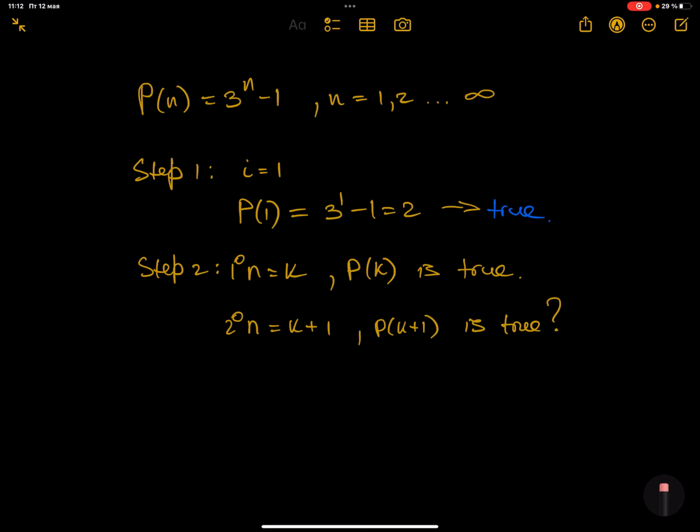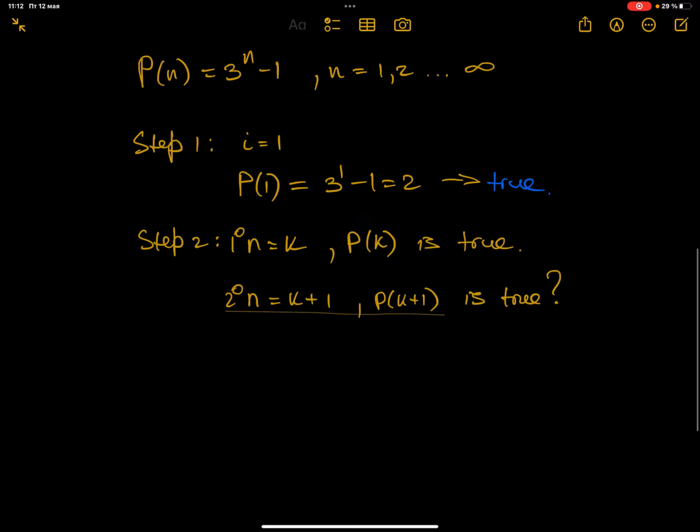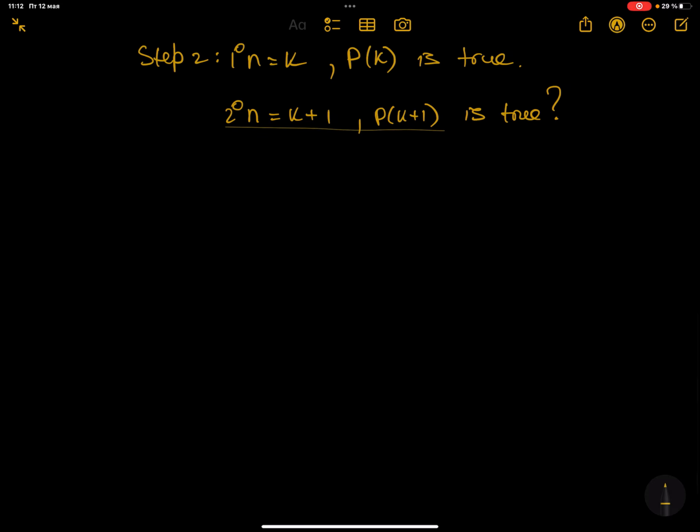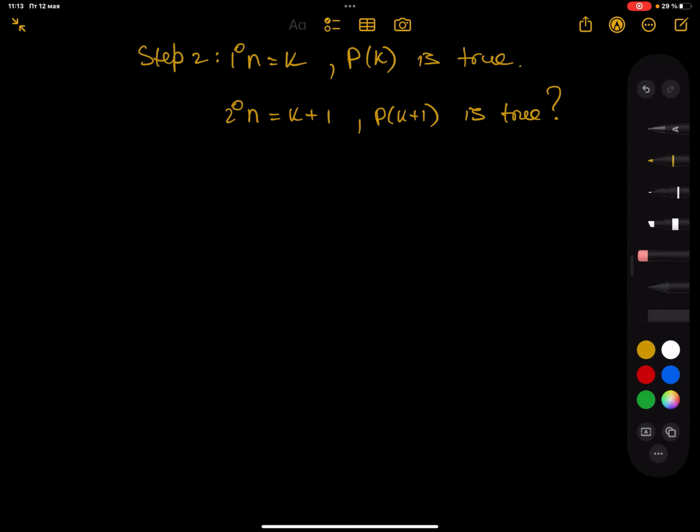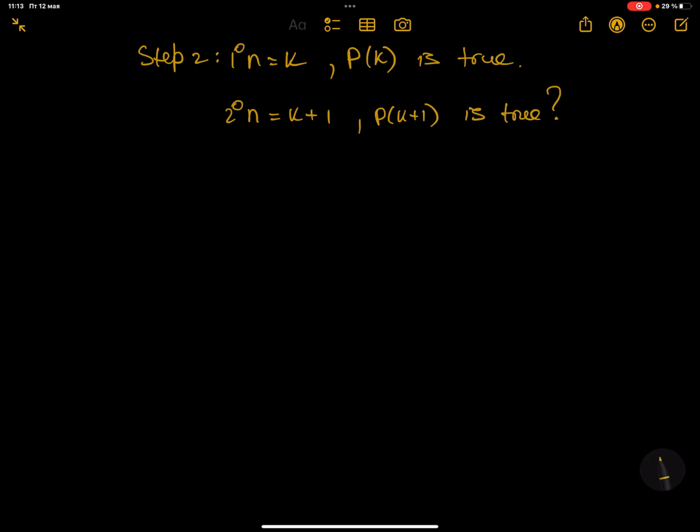So let's substitute: Pk plus 1 equals 3 to the power of k plus 1, minus 1, and as you know, this equals 3 to the power of k multiplied by 3,